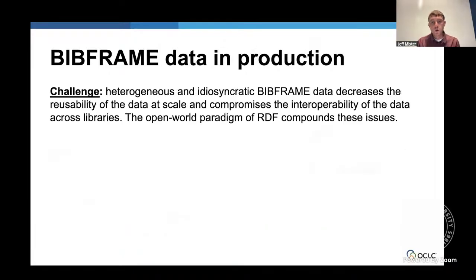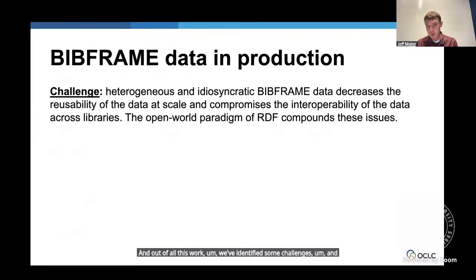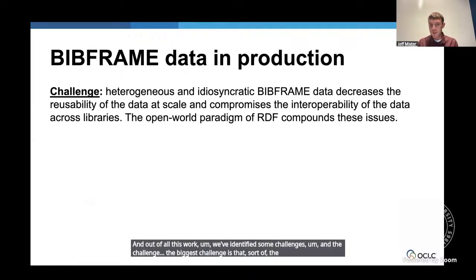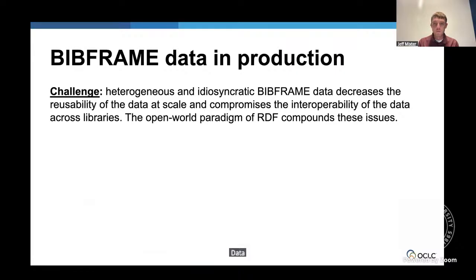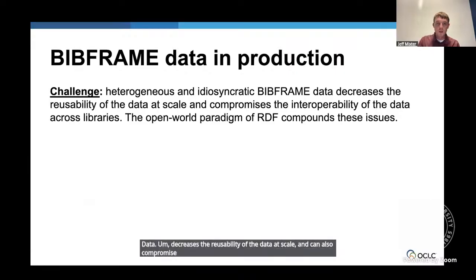And out of all this work, we've identified some challenges. The biggest challenge is that the heterogeneous and at times idiosyncratic BibFrame data, based on heterogeneous and idiosyncratic MARC data, decreases the reusability of the data at scale and can also compromise interoperability.